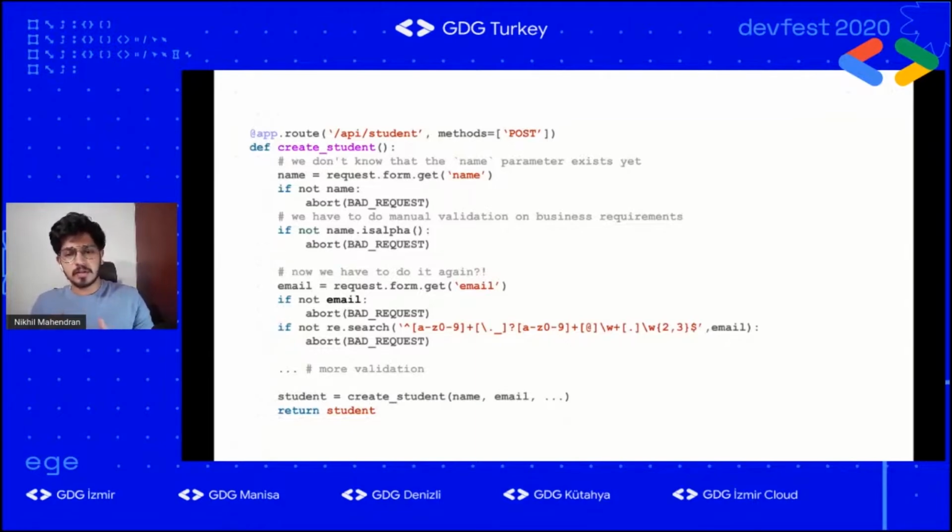So this is a clumsier way of doing it. It's not very readable, and it has more if and else. Again, you need to do it for each and every field. For email, again, you need to check whether email exists, and we are checking whether it matches a specific regex. So this regex says whether the email has the correct format.